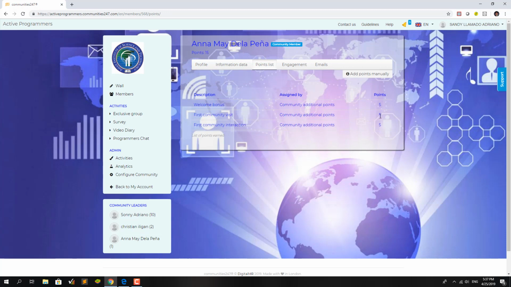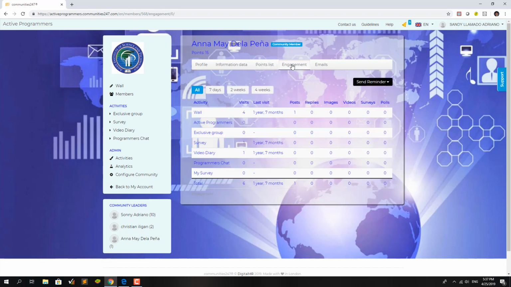We have also the points list here, wherein every point they have earned for each engagement is listed. The engagement tab shows the different activities or contributions that they have given the community.